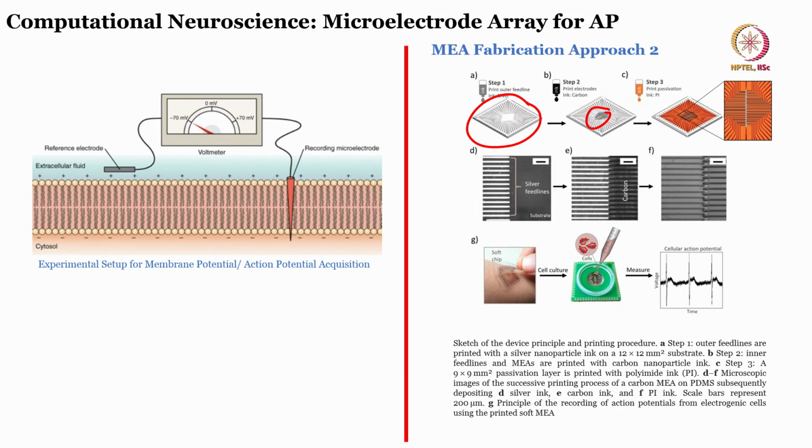Not every time you have to deposit a material, but you can use a chemical to also fabricate different kinds of electrodes. And finally, the advantage of using this kind of material is that it is PI. So, PI is nothing but a polyimide, and polyimide is flexible in nature, biocompatible. So, finally, if you drop some cells inside this well in which there are some electrodes, then you can see or measure the voltage from the cell. So, cellular action potentials. So, here we will stop.